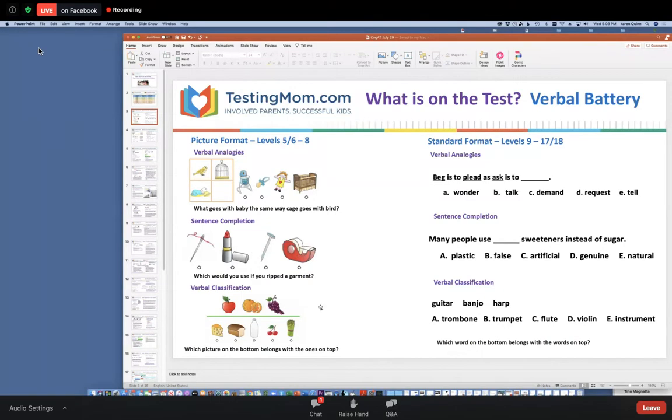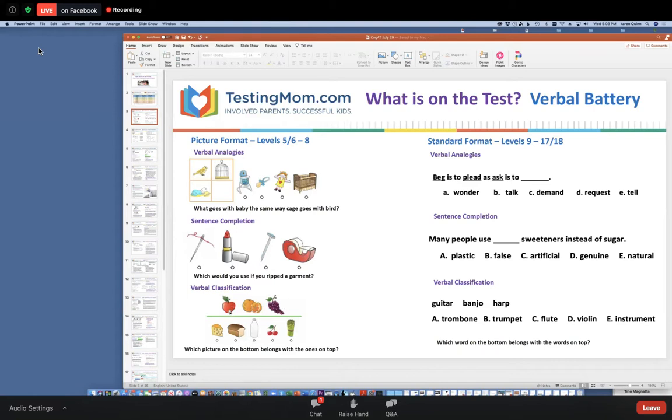And then there is something called verbal classification. With younger students, again, it's all done with pictures. With older students, it's done with words. So here we have an example. And the question is, which picture on the bottom belongs with the pictures on top? So the child has to determine what is the same about these pictures. And